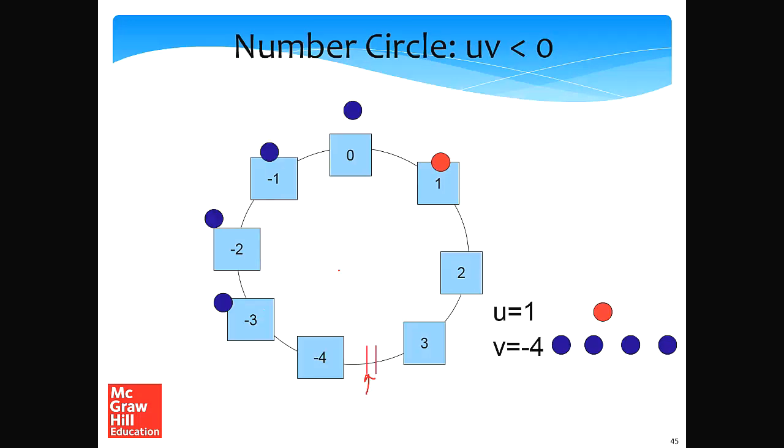So let's go back to this example. Let's assume that, with no loss of generality, u is positive and v is negative, right? uv is less than 0. So if I start at a positive point, to have an overflow, I need to cross this breakpoint, right? So to cross this breakpoint,